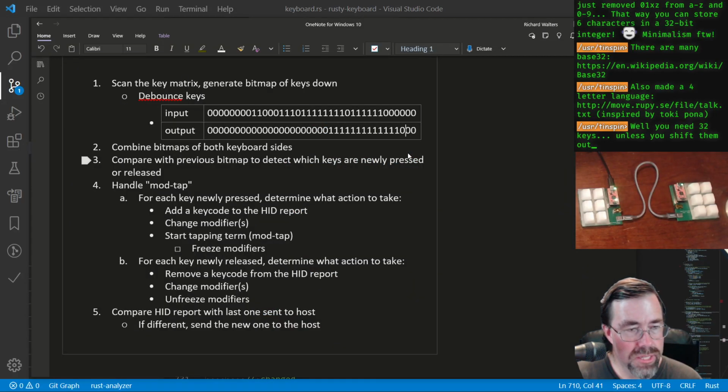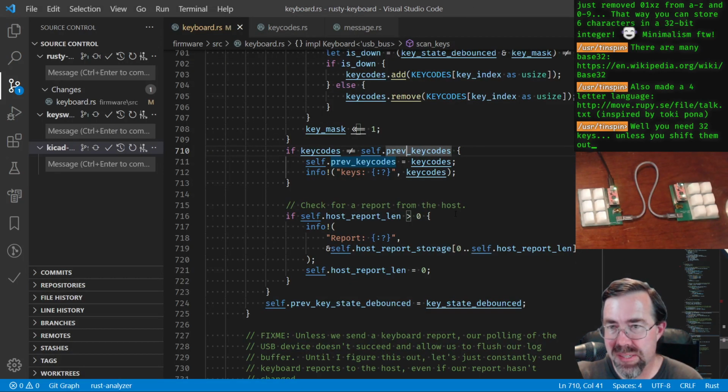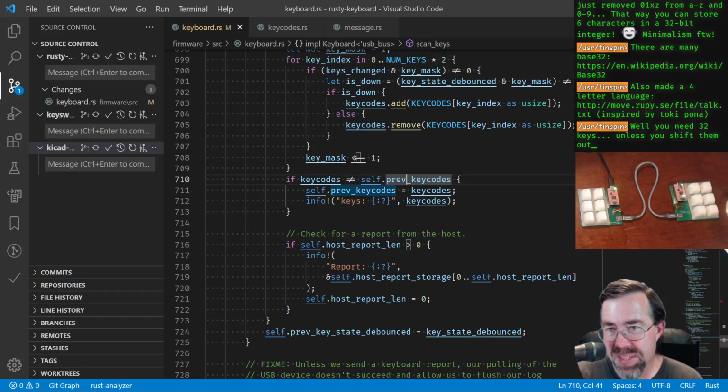Need 32. Actually, I need 36 keys. So I am... Oh, wait a minute. Good point. I just thought of something, Tinspin. I'm only using a U32, but I have 36 keys. Don't I need it to have a U64 at least for this